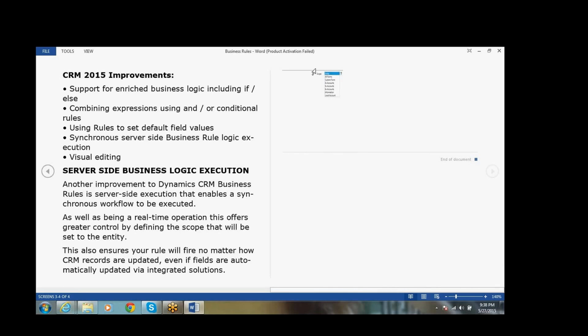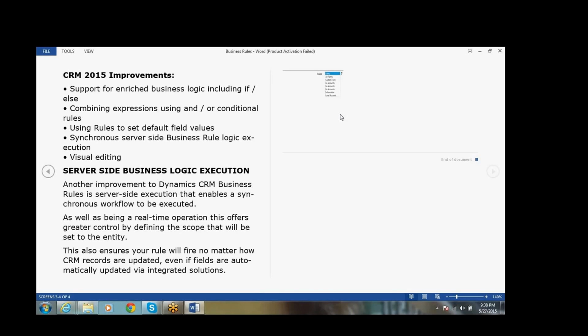If you see the business rule at the top, you can see the scope. Here we can set the scope to entity, so it will execute at the entire entity level, and in server side code also it will execute this business rule.